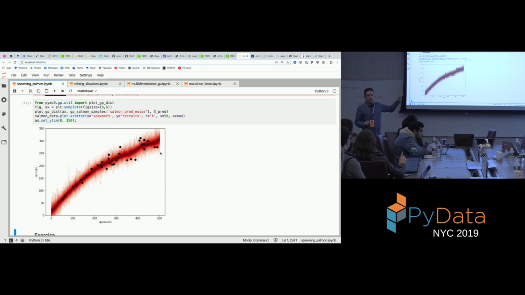If there's no data in a Bayesian model, what does it rely on? The prior. So go back to the prior. Remember what the prior was, just a straight line like this. So it'll say salmon all the way up, right? So you only want to trust an extrapolation depending on how big your length scale is. If your length scale is pretty long, you might be able to trust a bit of an extrapolation, but